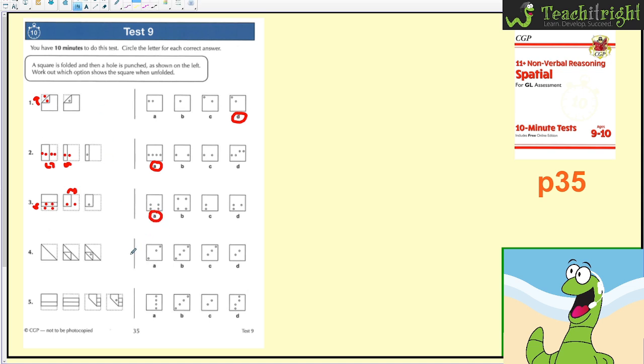Okay, number 4. So there's the hole. And what's changed between here and here? You can see, just purely, the hole's been unfolded, so I think that we need to have this one here unfolding that way, so I think we're going to get 2 dots in that corner as that flap folds back down. And then from these 2 unfold, we're going to get them all in a row. So for question 4,